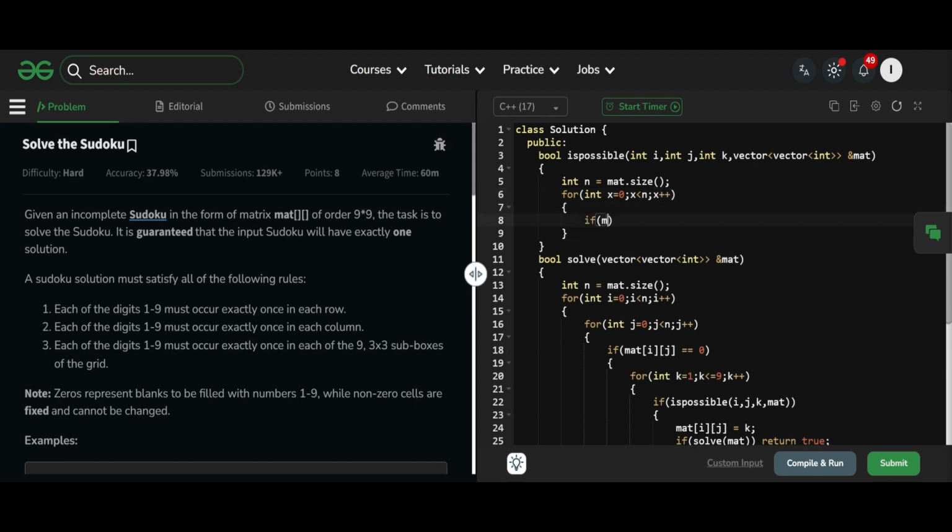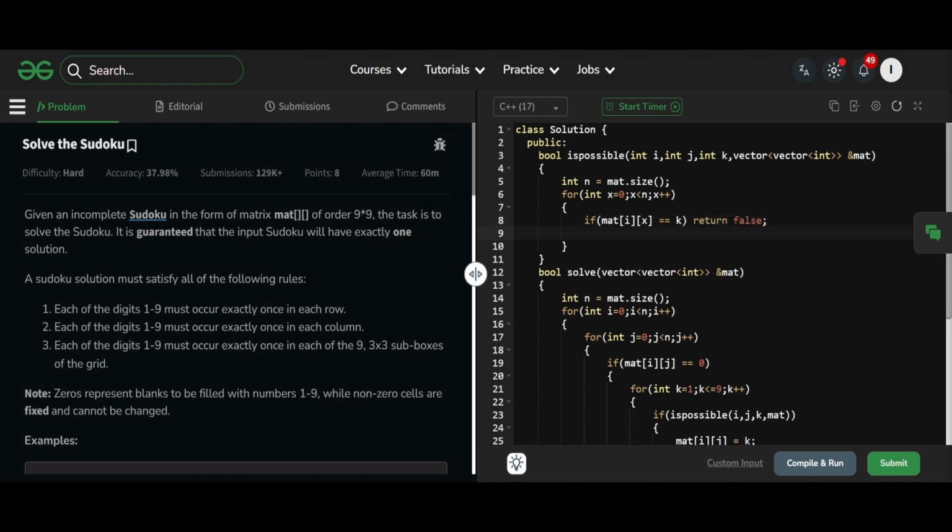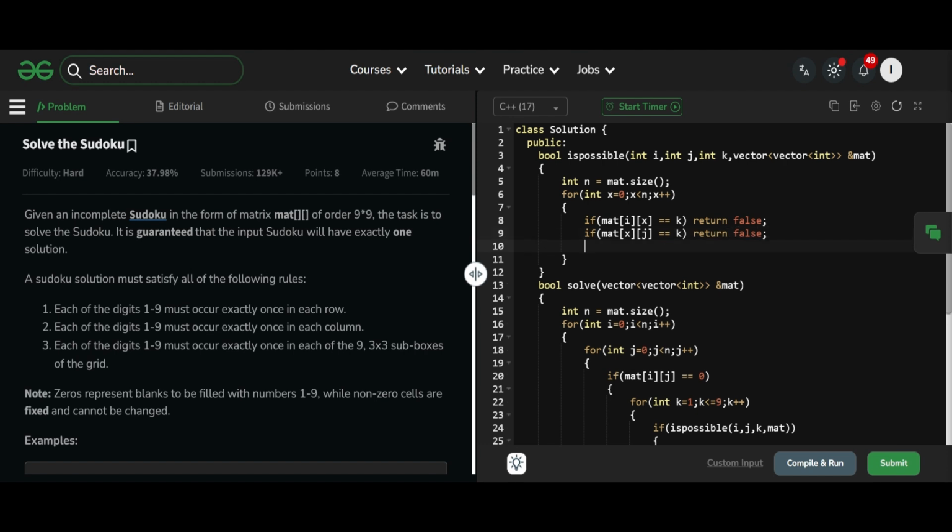So if matrix of this particular row is fixed and column is varying is equal to k, that means it is false. If matrix of this particular row varying and column is j, if it is equal to k, again it is false. And for the 3 cross 3 subgrid, we have this formula for matrix of